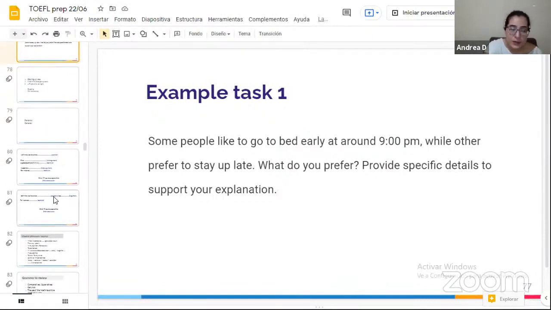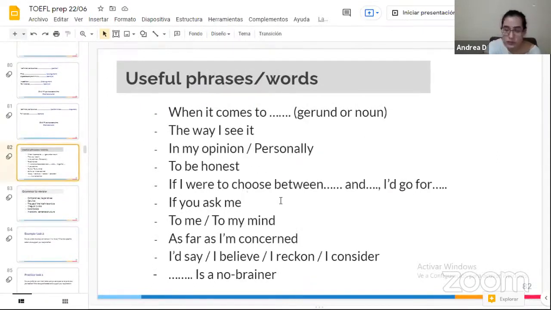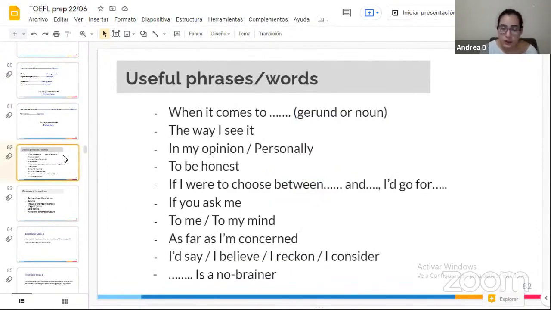Okay, guys. So now I think this is gonna be real useful. There are some phrases that you're gonna find yourself using a lot when it comes to this response. For instance, the phrase, I think, you're gonna mention it all over again in the response. So just practice and try to change that. Instead of saying, I think, here are some useful phrases or words that you can use. For instance, you could say, when it comes to